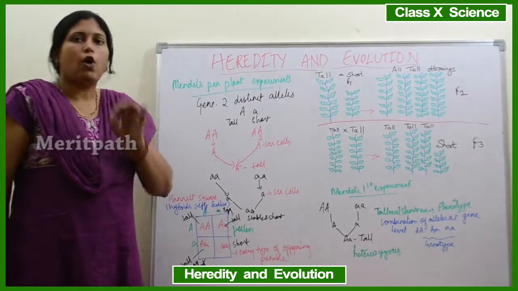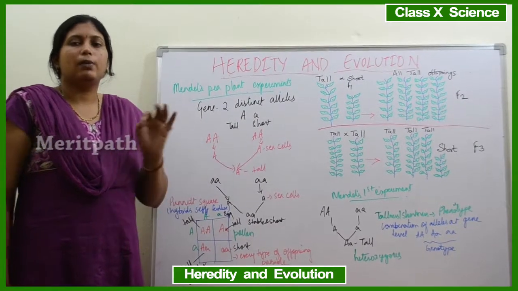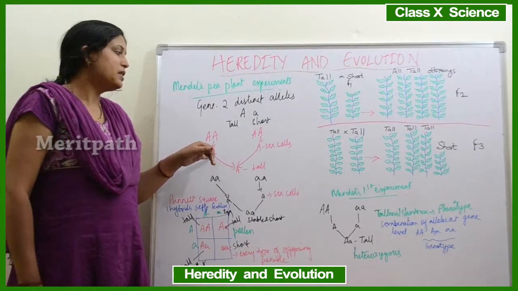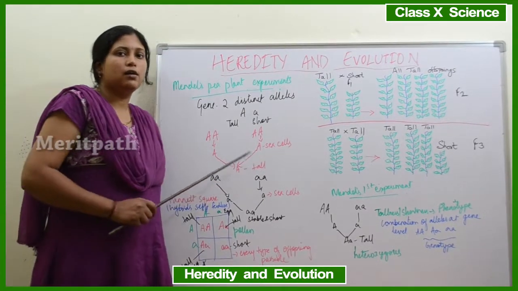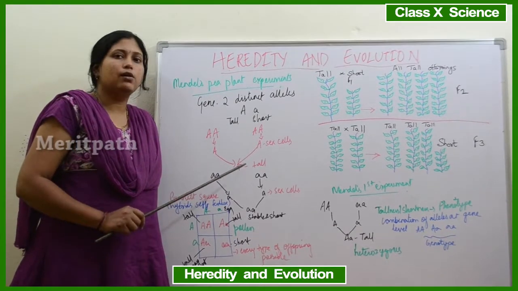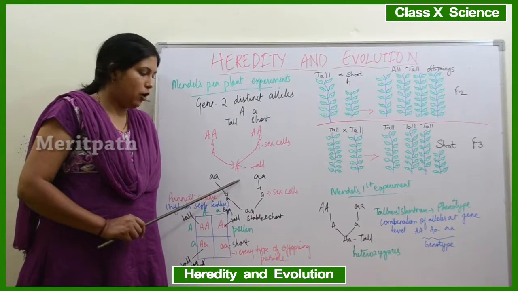All the cells of the body will be diploid, having capital A gene, whereas the sex cells will be haploid, having only a single gene, capital A. When these haploid male and female sex cells meet, the child will have only the tall feature, capital A, indicated by tall, which is the dominant feature.